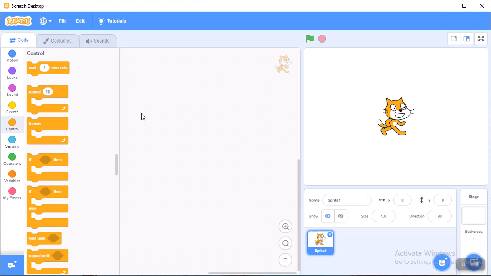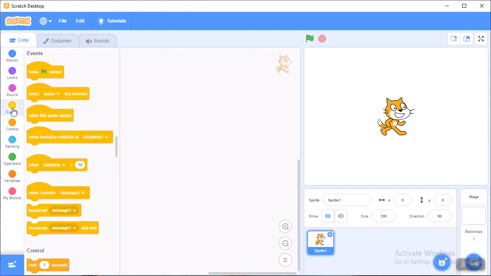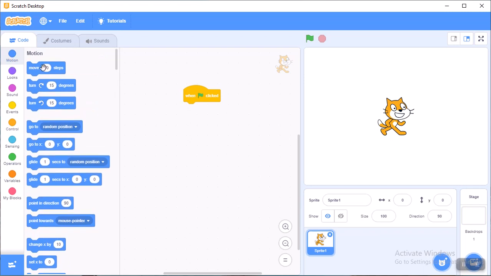First of all, these are the blocks. From here we can select any event first. So the when clicked event, after that motion. Now move 10 steps. Now our cat will move 10 steps.